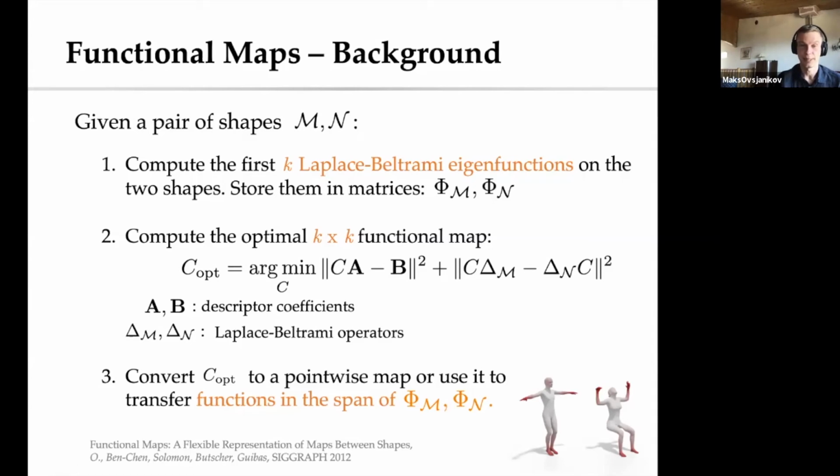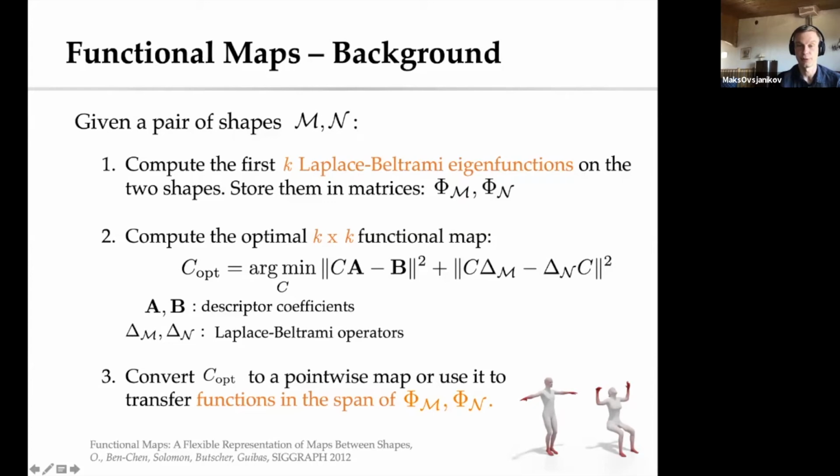And then we compute a functional map of size k by k. Basically it's a matrix of size k by k, where k is the number of basis functions. Typically k ranges from like 30 to 100, maybe 80 to 100. So it's not very large, even if the shapes are dense. And the optimization problem that we use